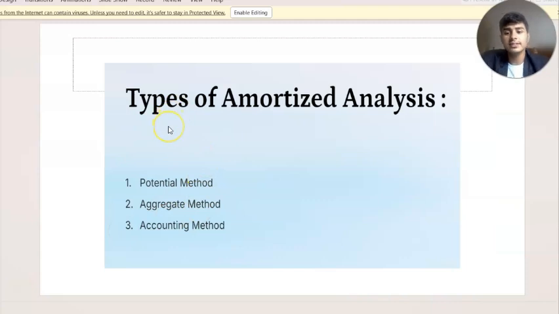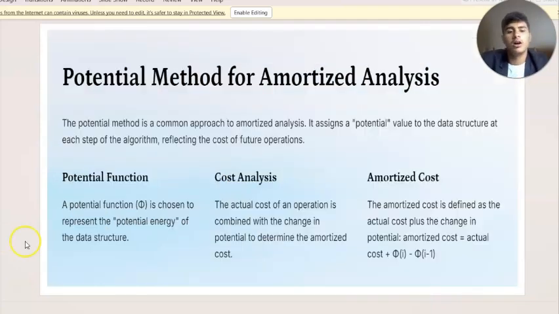Now let's see the types of amortized analysis. There are three types: potential method, aggregate method, and accounting method. Now let's see the potential method. There is a potential function phi which represents potential energy. The actual cost of an operation is combined with the change in potential to determine the amortized cost.